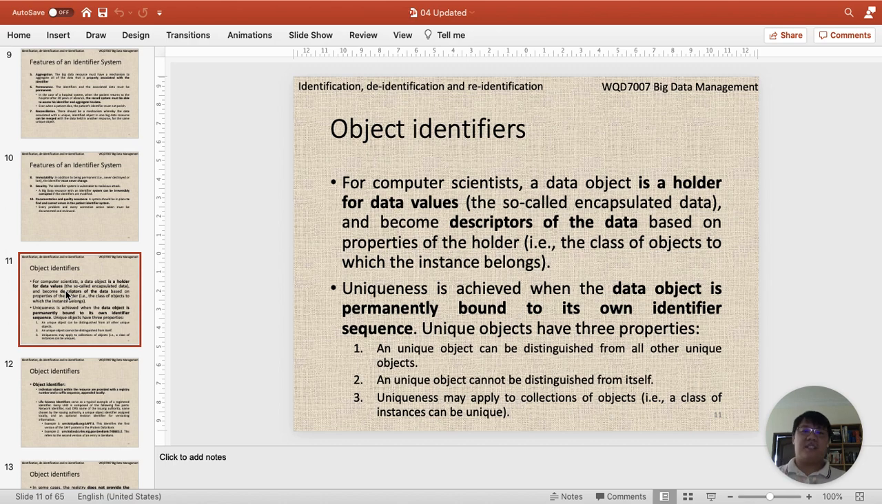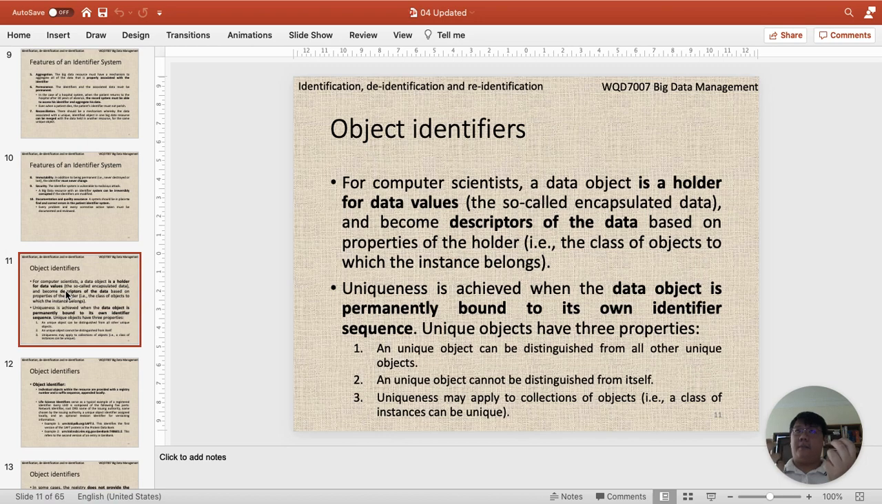Okay, so uniqueness is achieved over here when the data object is permanently bound to its own identifier sequence. And it's supposed to have three properties. It can be distinguished from other unique objects, but basically it's like a one-to-one relationship. Your unique object can be distinguished from other unique objects by using